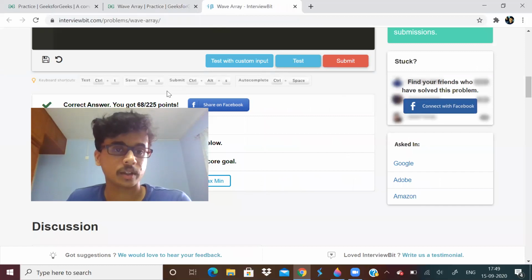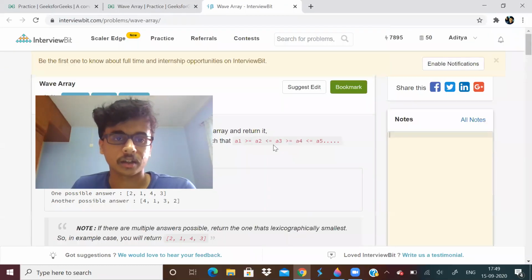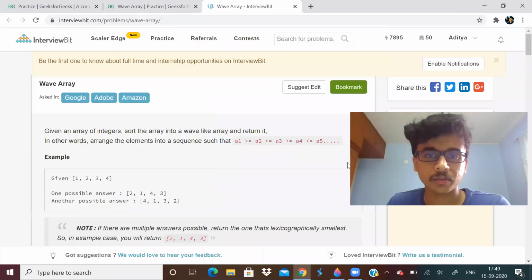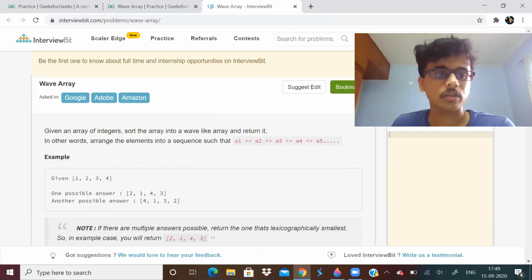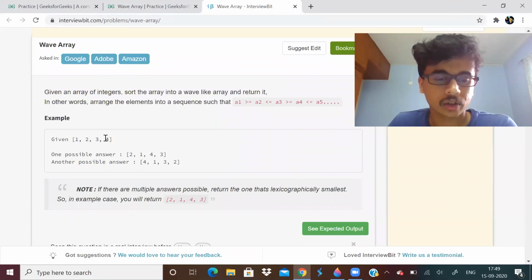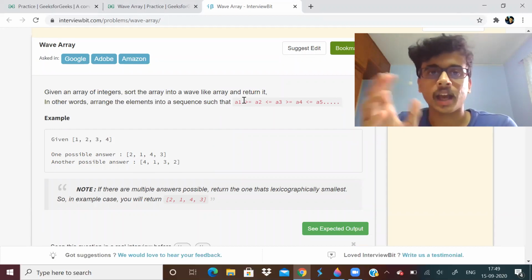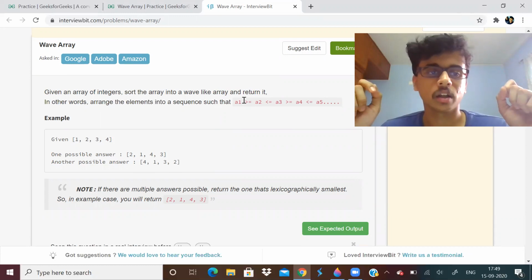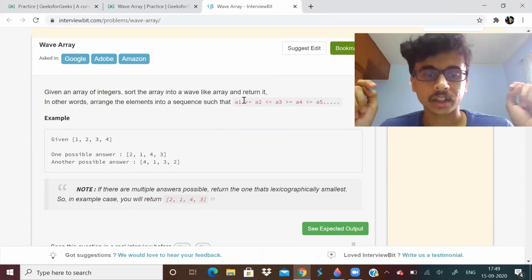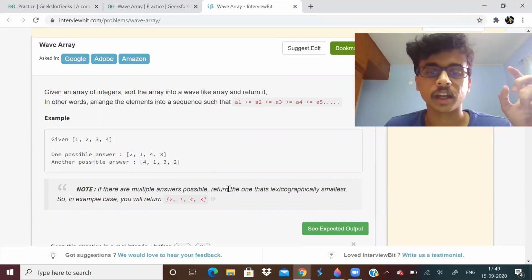Now for this question, in InterviewBit there was the same question. So they had again asked us to arrange the array in a wave-like order. So the change in this question is if there are multiple possible answers, we have to return the lexicographically smallest. If you try to do this question by yourself, in O of n, you cannot do it. You cannot get lexicographically smallest.